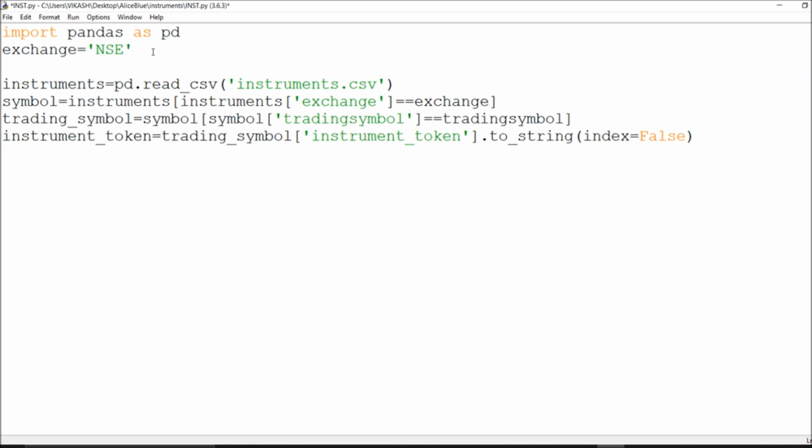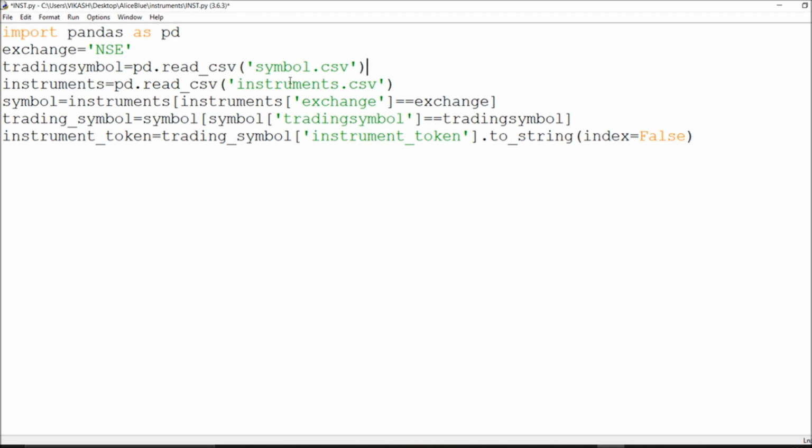So instead of a single one, I have to talk about trading symbols, and I have to read this CSV, okay. You know how to read the CSV: pd.read_csv, and I have to say symbol.csv, okay. So here some stuff is there.